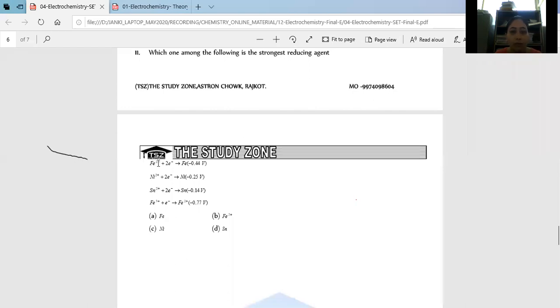What potential are these? All three of these are reduction potentials. So among these three reduction potentials, whose is the least? That should be your answer, because least reduction potential means oxidation potential high. So high oxidation potential means the strongest reducing agent. Now tell me the answer. Which one is the least reduction potential, high oxidation potential, strong tendency